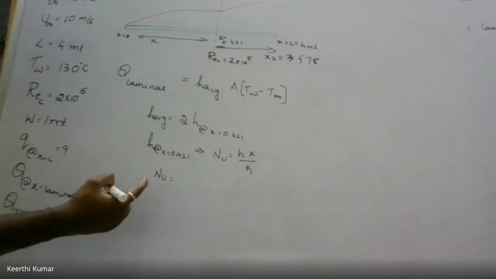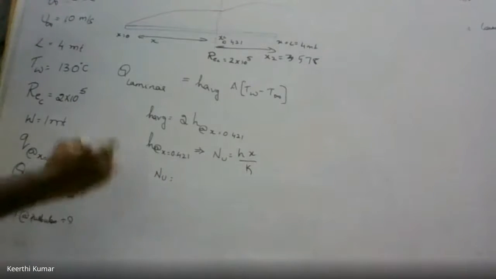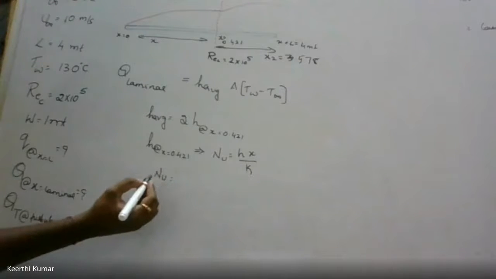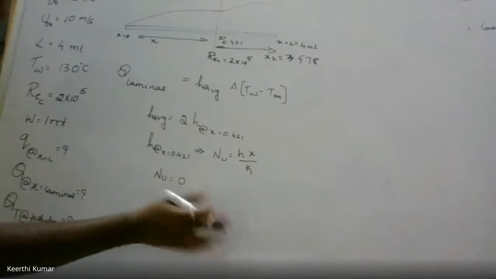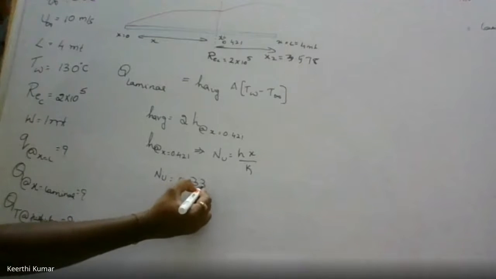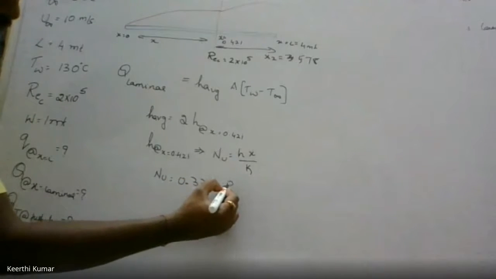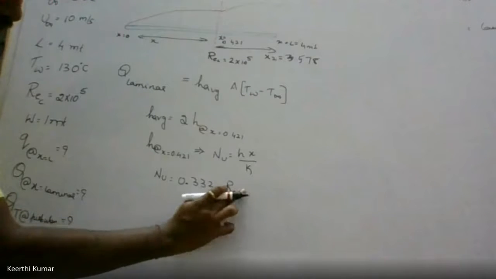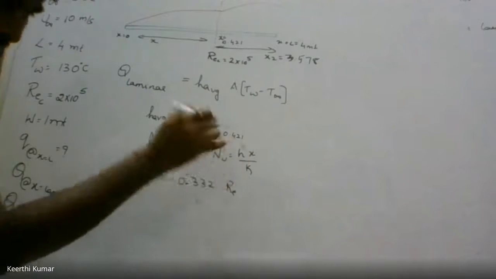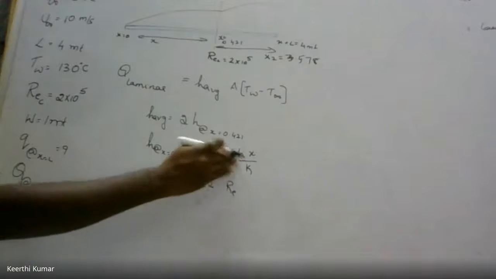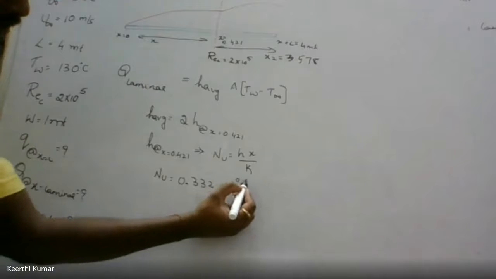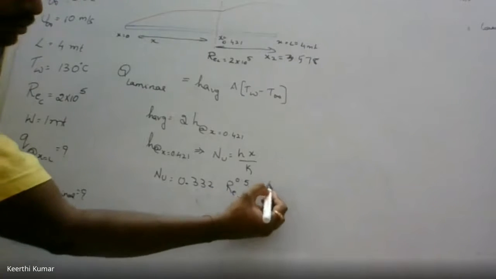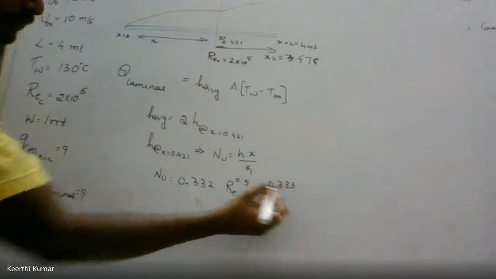So let us go for Nu. What is the formula for Nu? For a laminar flow, from the data handbook, we know Nu is 0.332 Reynolds number x, or critical. Yesterday we did this for laminar flow. We'll call it critical now. x is also critical for us. x itself is the distance. We got this from the critical, so x itself is right for your convenience, into Prandtl number to the power of 0.333.